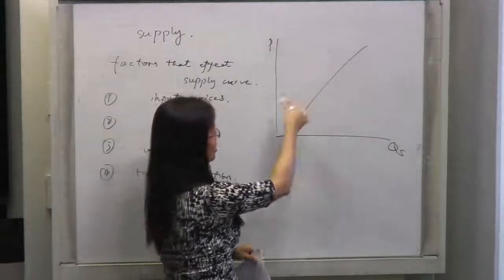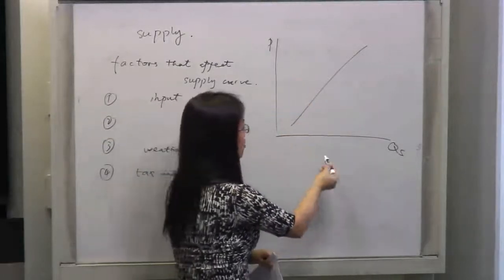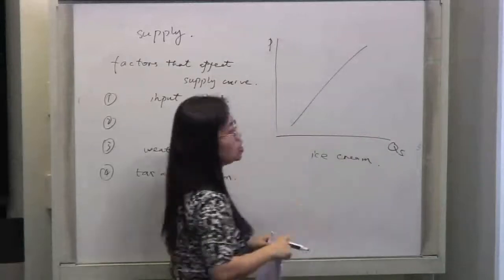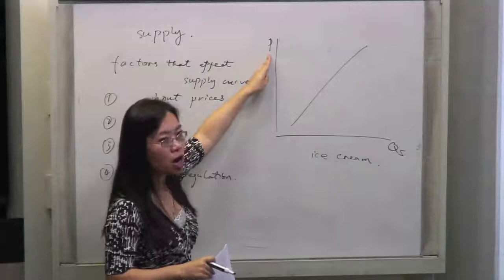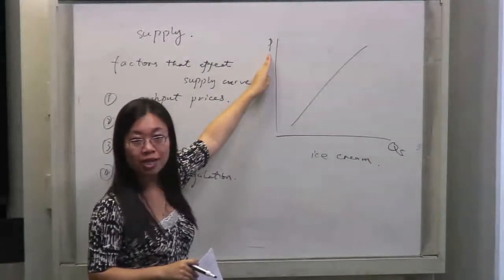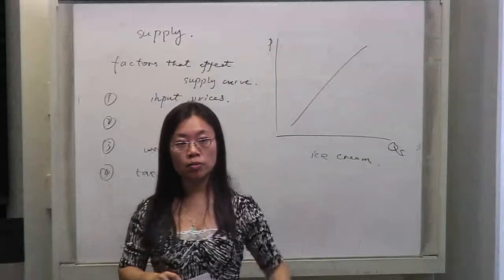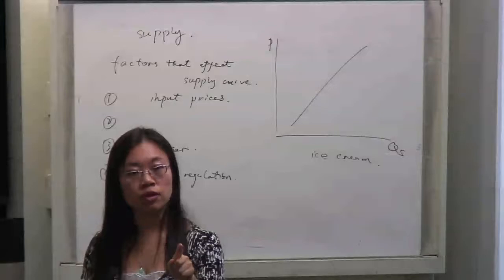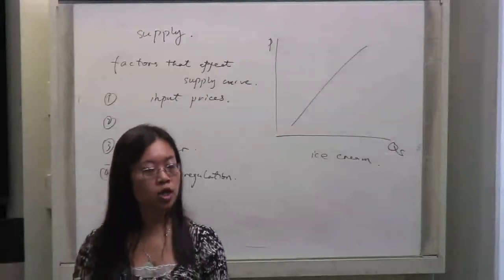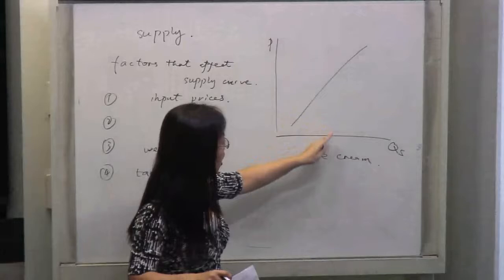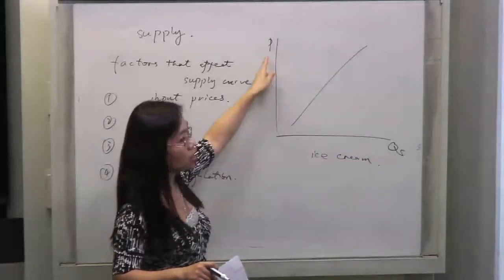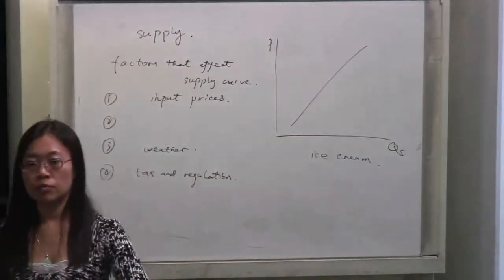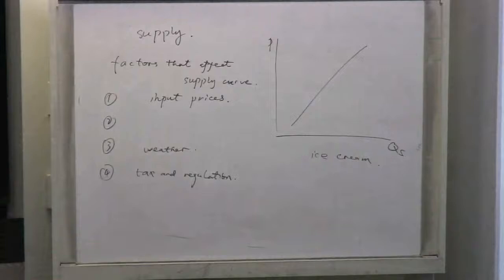When we draw this graph, this is the market for ice cream. We talk about ice cream, right? This is the ice cream market. So this price here represents the market price for ice cream. But just now when we talked about price, we talked about the price of vanilla beans and the price of the labor input. So when we say when the price goes up, quantity supplied goes up, what we mean is the market price of this particular good. The price the consumer is willing to pay, I guess. This is the market price for the good.